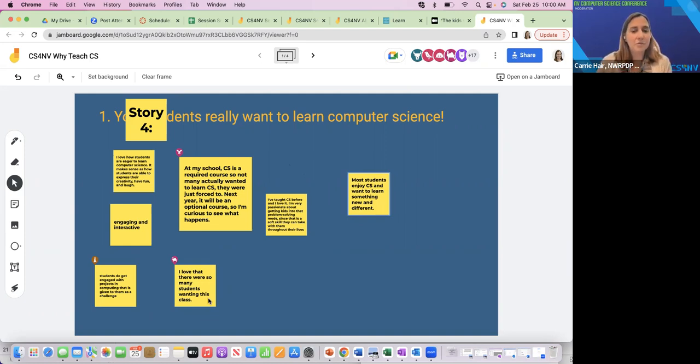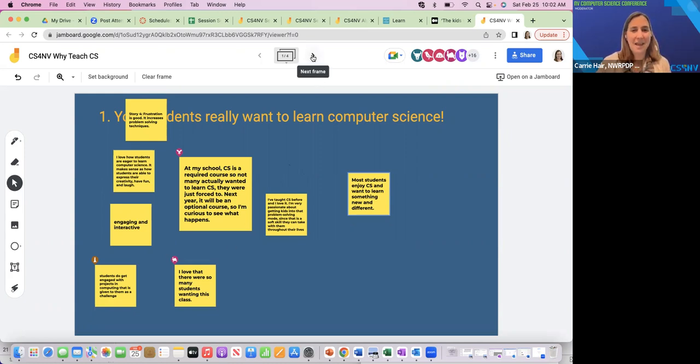I saw a handful of elementary school teachers here. It is so imperative that the elementary school teachers get computer science into the hands of the students. I love my kiddos at the high school, but diverse groups are less likely to come into high school computer science because they've already had those preconceived notions if they haven't been introduced in elementary school. So elementary school teachers, I know that's a big push for you, but getting those kids excited about computer science really does break down those barriers and those stereotypes. I love that computer science is engaging and interactive. When I first started teaching it, the choice that was there for students was just amazing.